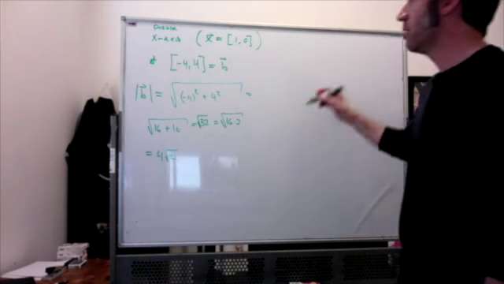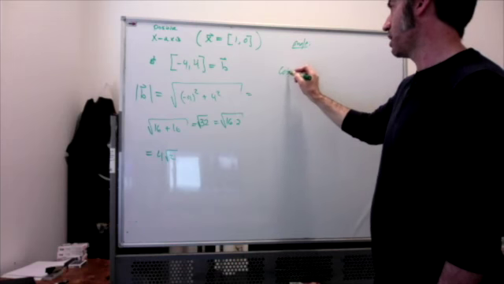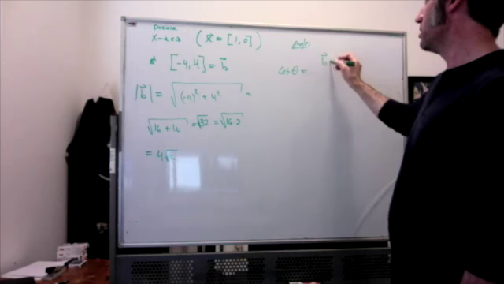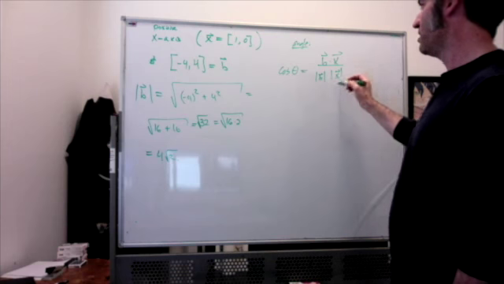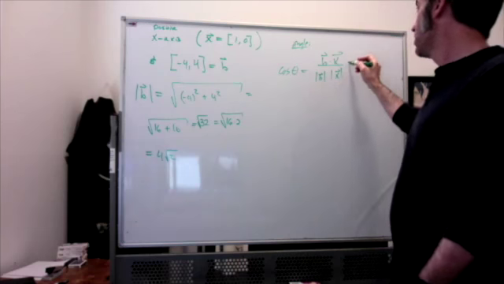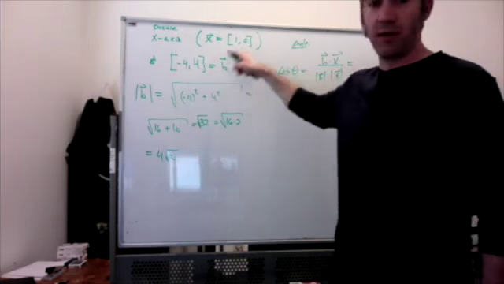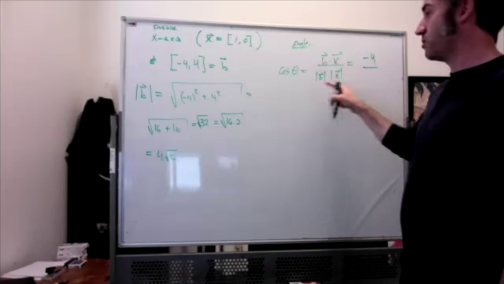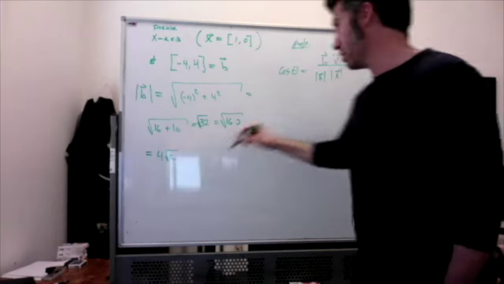To find the angle, again, I'm going to say that cosine of my angle is the dot product b dot x divided by the magnitude of b times the magnitude of x. That's the other reason you want to find the magnitude first, because it comes up in your angle equation anyway. So B dotted with x is going to be negative 4 times 1 plus 4 times 0. So negative 4. And the magnitudes are both positive. Magnitude is always positive. So the magnitude of b times the magnitude of x is going to be 4 root 2